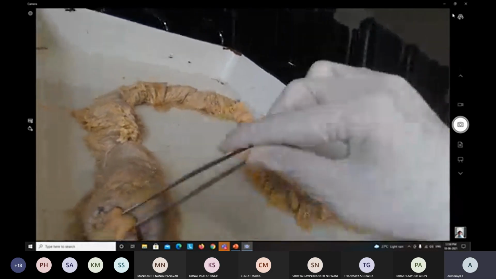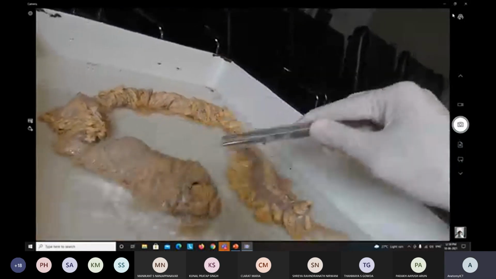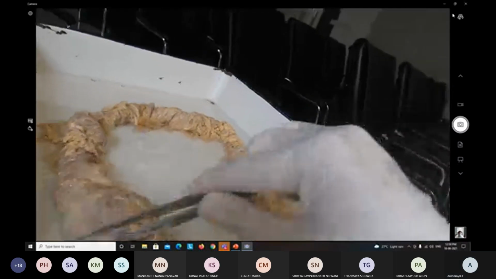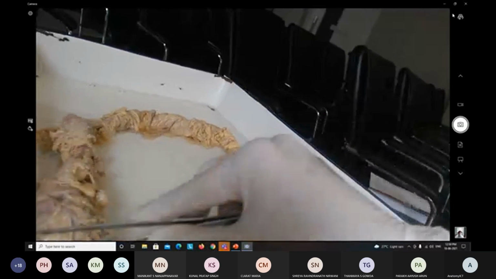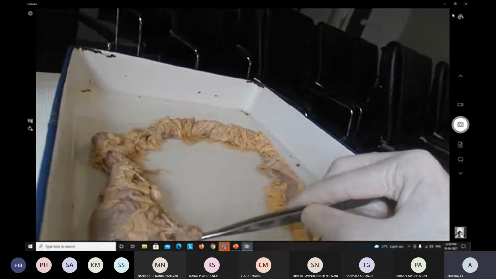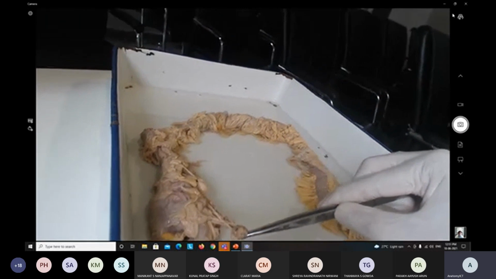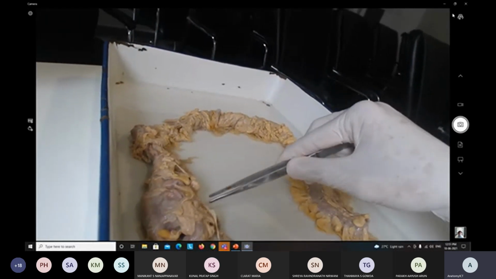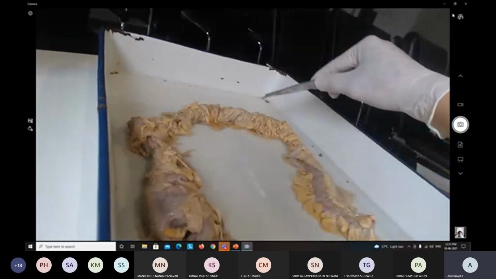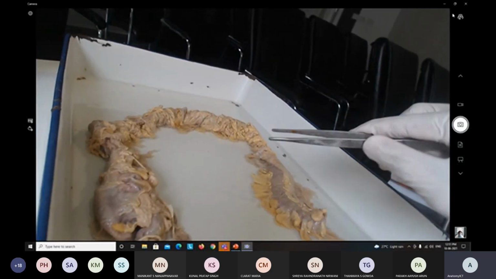So this is the cecum. Now here the appendix is not there. This is the posterior middle part of the cecum, that is the appendix. This is the ileum, the ileocecal junction. The whole thing is the cecum. This is the ascending, right colic, left colic, transverse colon, descending colon, sigmoid, continuing as the rectum and anal canal.